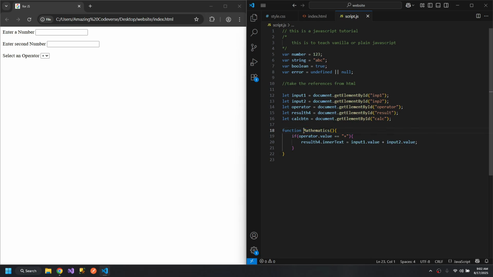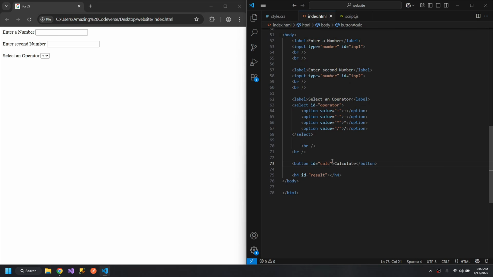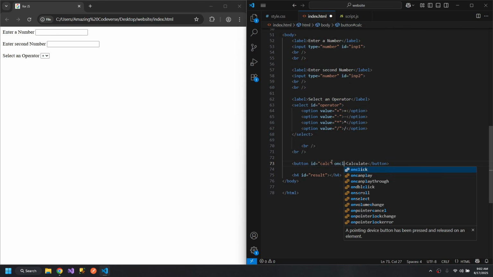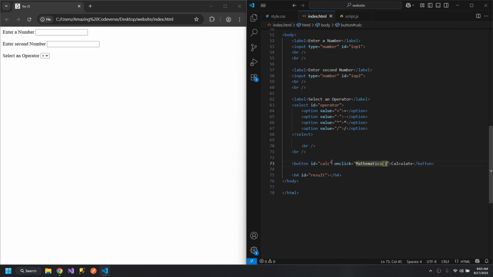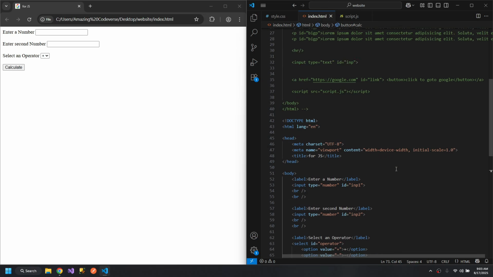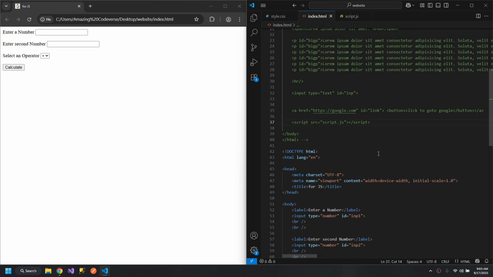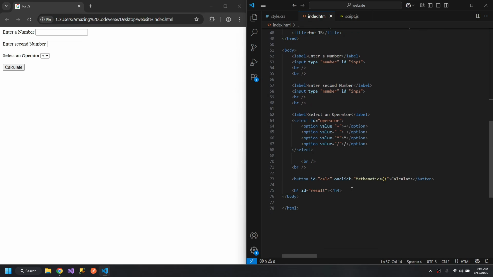Now for this mathematics function to trigger on this calculate button, we need to give this mathematics to the button like this, onclick attribute, and let's give the mathematics function name. We also didn't define the link to the external script file. So after doing this,